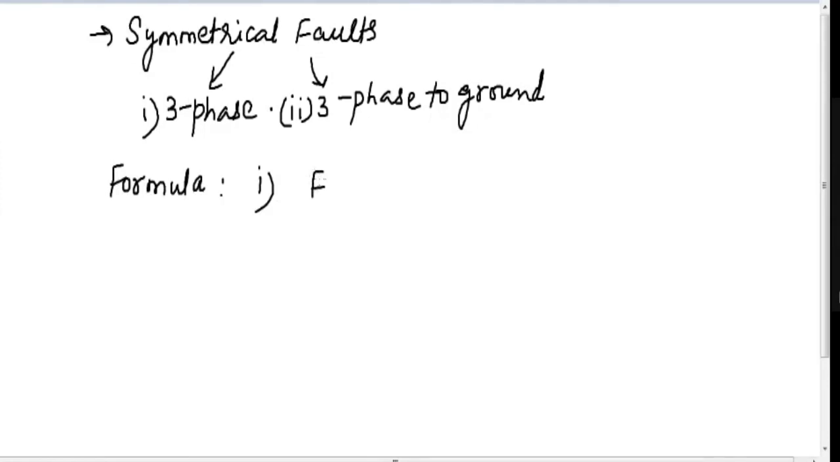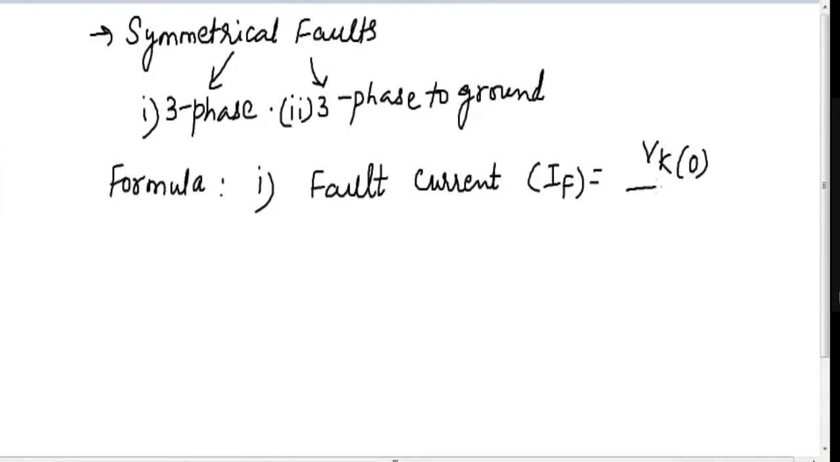So only the formula for fault current will be changed here. Rest all the formulas will be the same. So I will write the fault current. The formula for fault current IF is equal to Vk of 0 upon Zkk1 plus Zf. This will be the general formula for the fault current, because here we know that